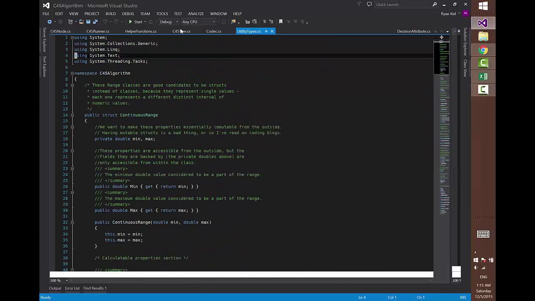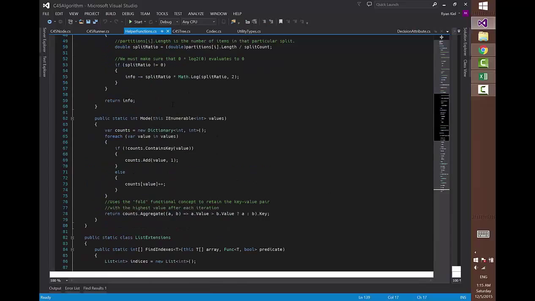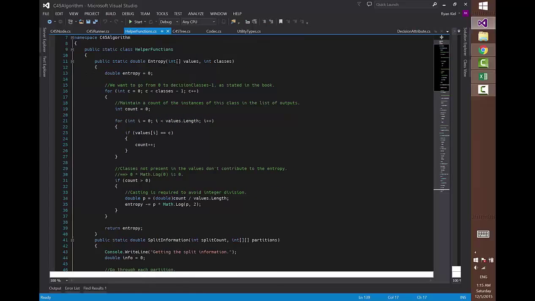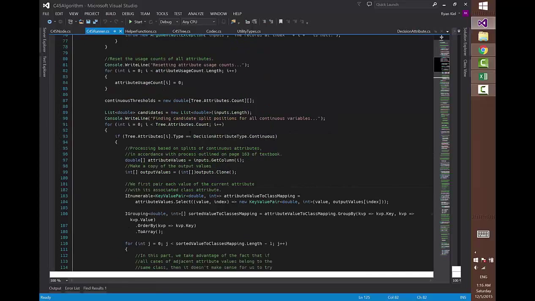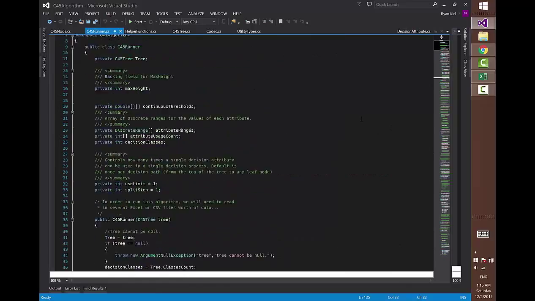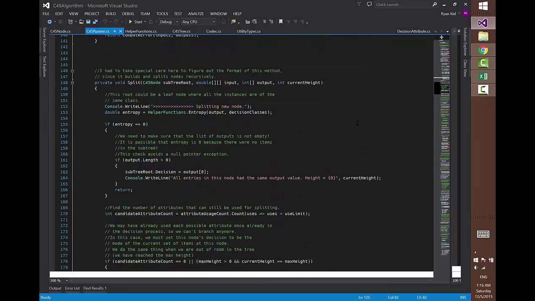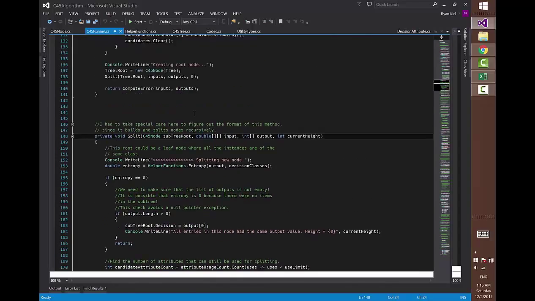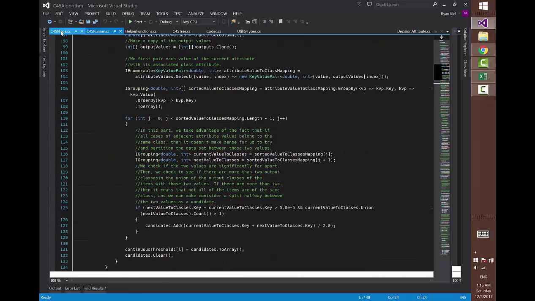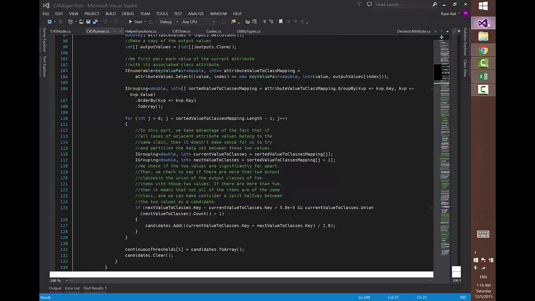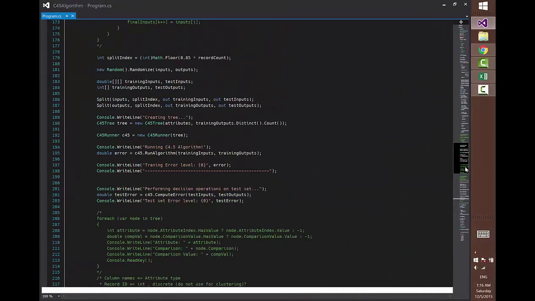I have defined a bunch of utility types, some helper functions such as getting the mode or the split information or the entropy of a given array of values. And this is the whole class to run the algorithm. We do recursive calls to this split function, and then as for what I ran the algorithm on,